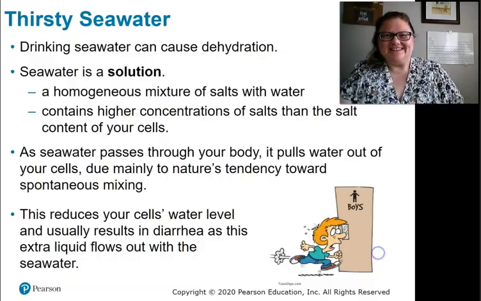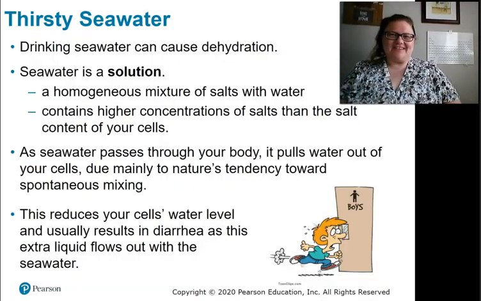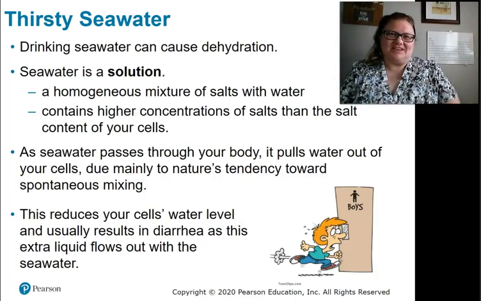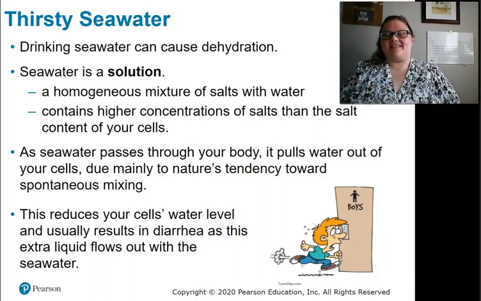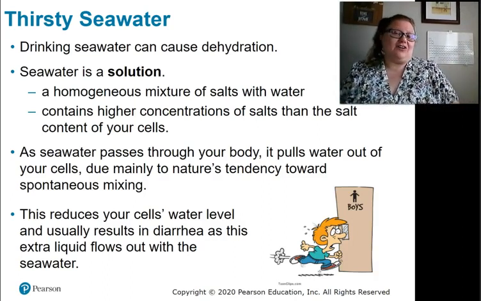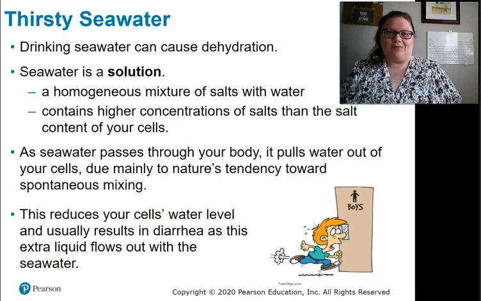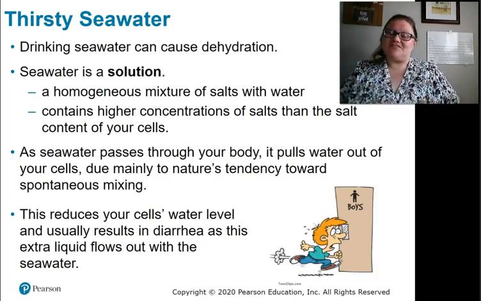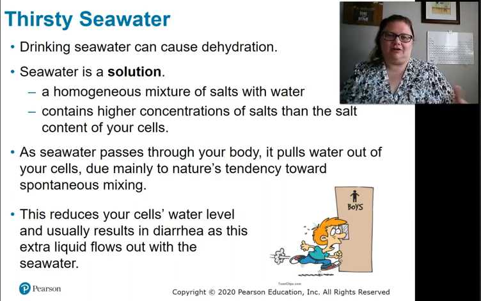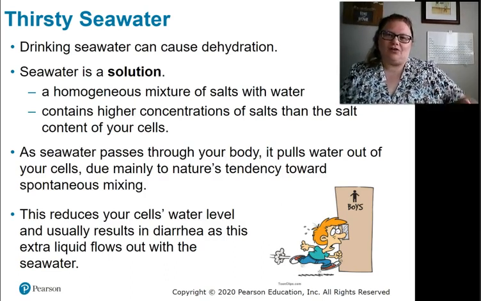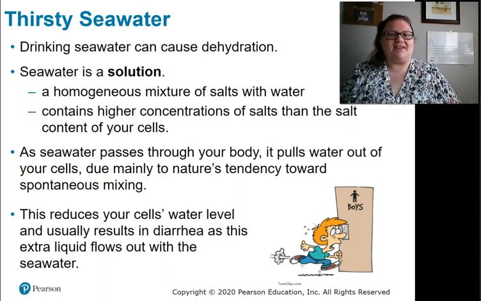Glad you asked. Well, don't drink the seawater if you do go to the beach, because that seawater has a high salt concentration, right? Makes it salt water. Well, you have some salt in your body cells. It's just a natural substance that we need. And the salt water would have a higher concentration than your cells have. And so when we have that scenario of two different solutions encountering each other, nature tends to want to equate